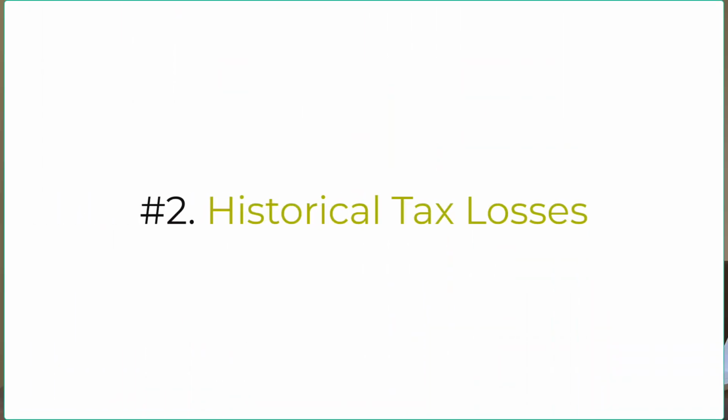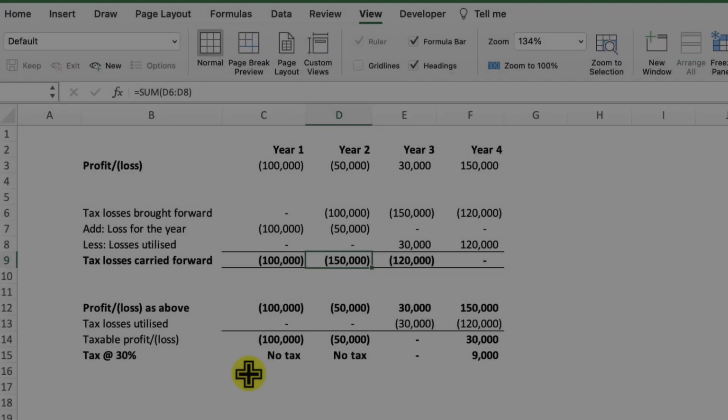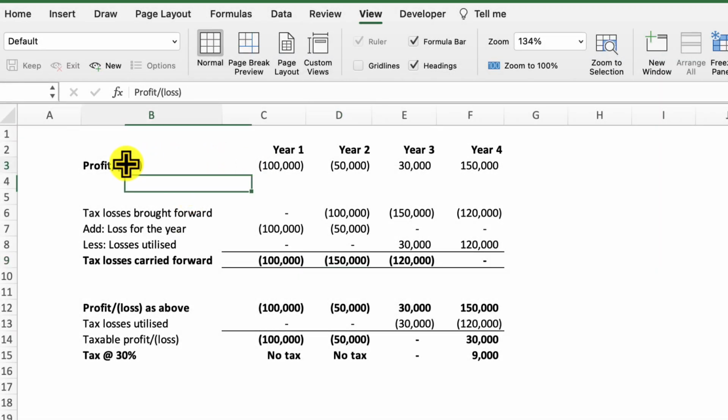The second thing that we need to think about is historical tax losses. Most businesses tend to make losses in the first few years of operations. And generally, in most countries, the tax code will allow you to use those losses to offset any future profits that you might have. So, for example, if we go to our sheet here, we have a business that